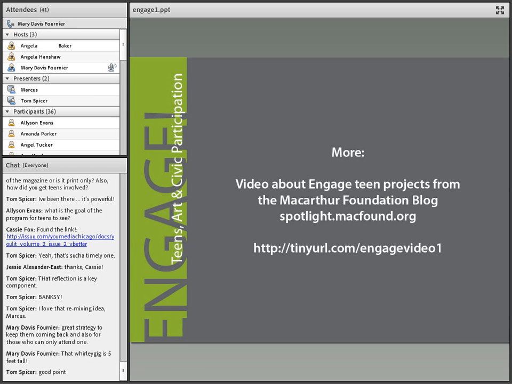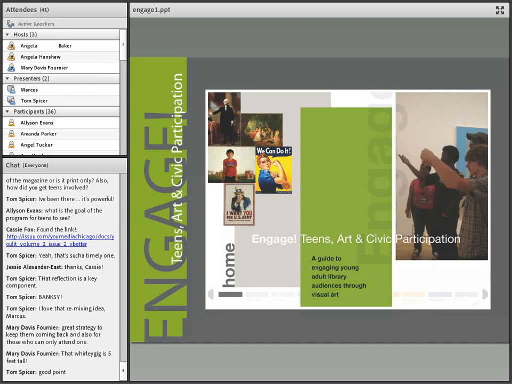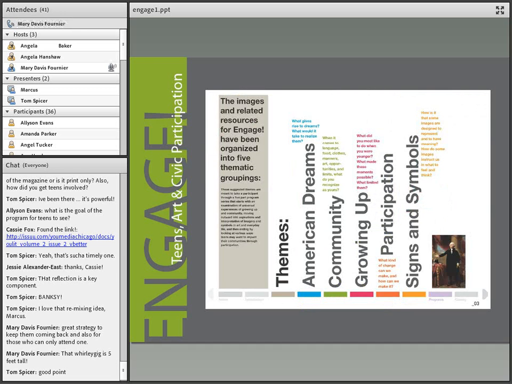As I mentioned at the top of this session, we have built the images or links to the images, the tools and format suggestions, as well as overviews of any of the pilot site programs, into a downloadable PDF that can be printed in full color or black and white, in your preference. It's meant as an overview resource and a programmer's guide rather than a piece given to participants, and has a number of interactive elements. The art images presented as part of Engage have been grouped into 5 themes: American dreams, community, growing up, participation, and signs and symbols. And to make this about 70-page guide easy to use, a fully functional navigation bar runs along the